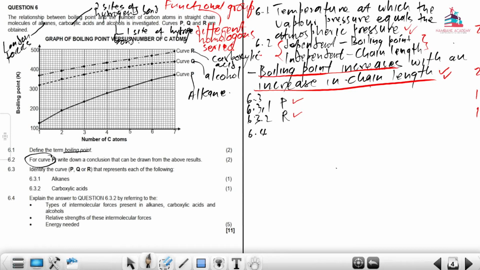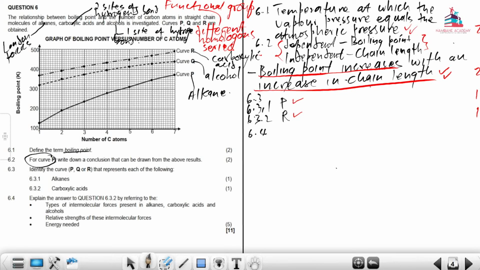That has been done already, because once I saw an alkane, I assigned the intermolecular force found in alkanes as London forces. And then I found also that because I have a carboxylic acid, I have hydrogen bond, but the emphasis is now 2 sides of a hydrogen bond. So I'm going to explain this because now I'm comparing 3 different